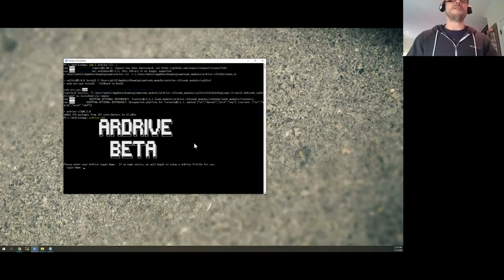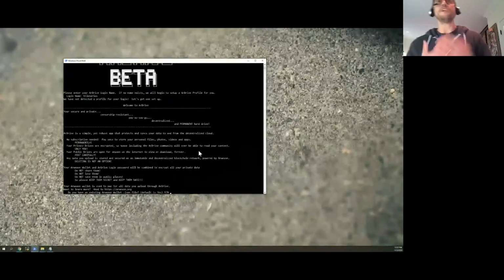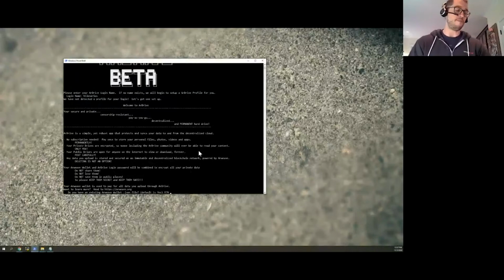Cool. Now we have our ArDrive beta opened. So we're going to go through the first user login process now for the CLI. Here I'm going to give my name. We show some of that same information around the security of ArDrive, the permanence, and how you should protect your keys.